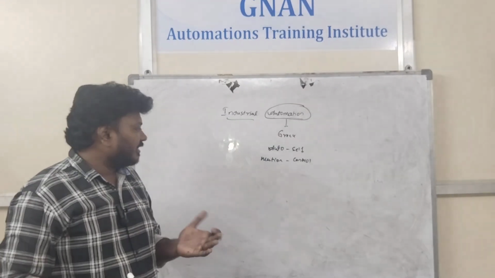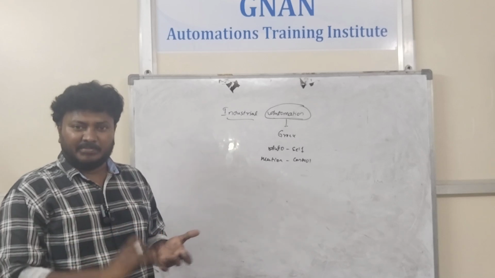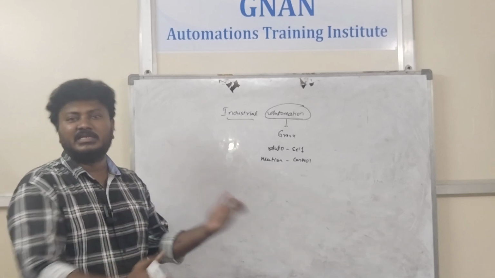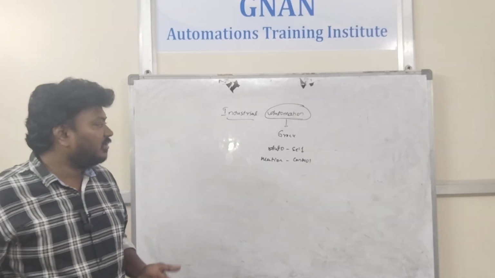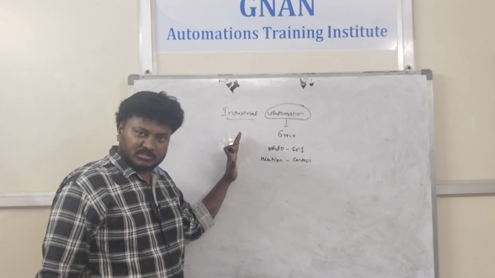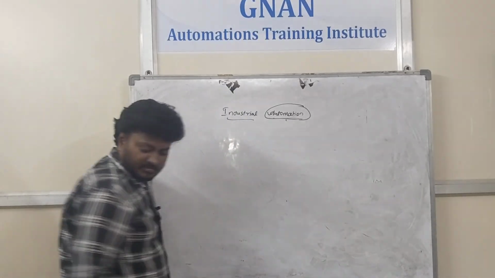In industry, there are so many industries available, like oil and gas industry, paper industry, glass industry, rubber industry, cement industry. There are so many industries. To control the industries in an automatic way, we are going to use this technology. The first point is PLC,